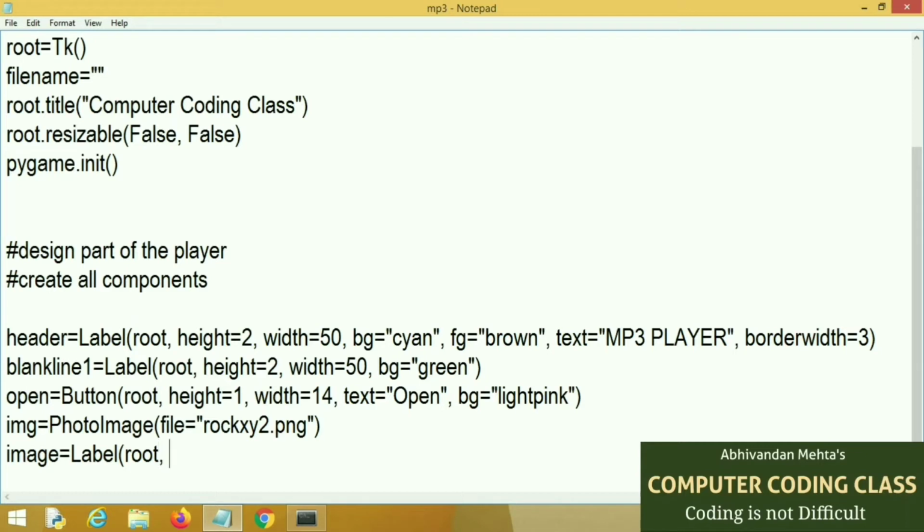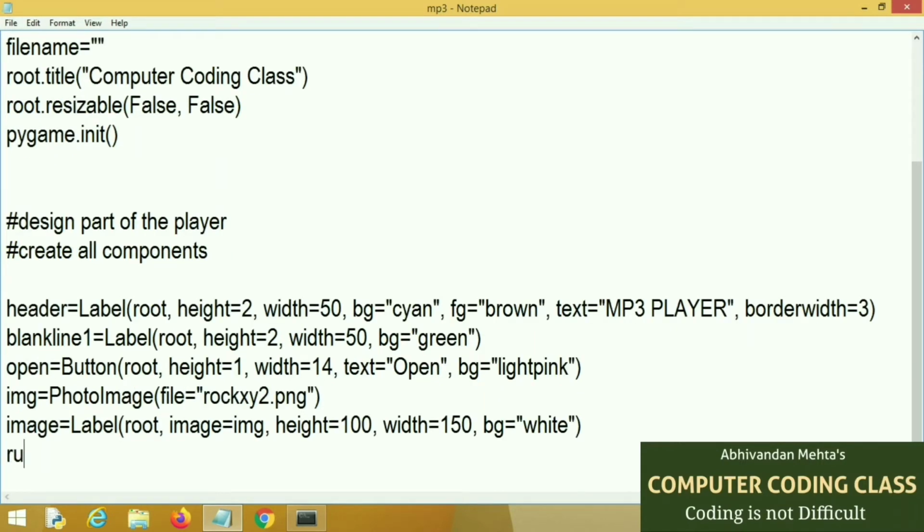Here we will use the image option, image equal to img. In this way, you can load any type of image in Python. This component does not support BMP files. It only supports JPG, PNG and GIF files.